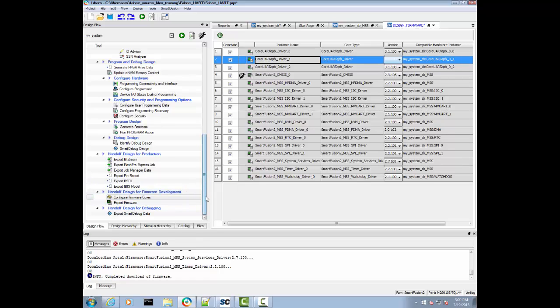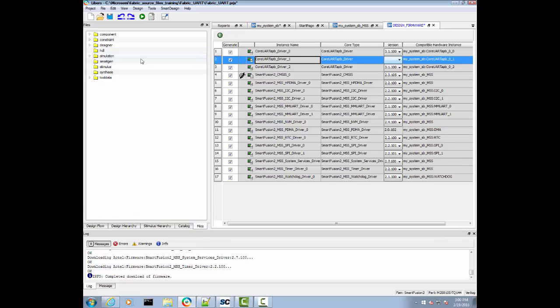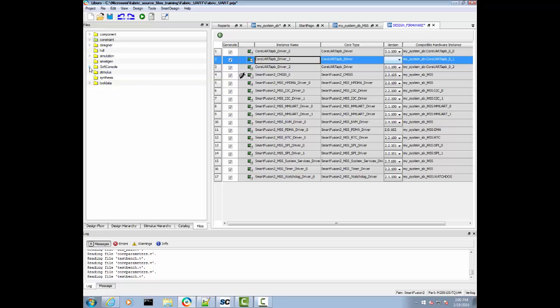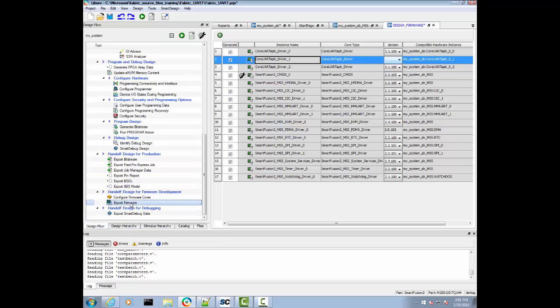Now, the other thing I have to do is I have to export the actual driver config. So that project we just created, you can see it over here. Sometimes you have to say refresh design hierarchy. So now I have the SoftConsole folder, and you see this is my project, but you see there's some files here under drivers config. These are the configuration files, but these are just kind of generic. So what I have to do is I have to go down here under export firmware, and I say export